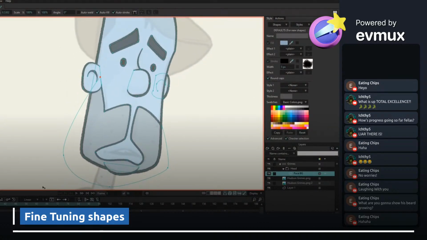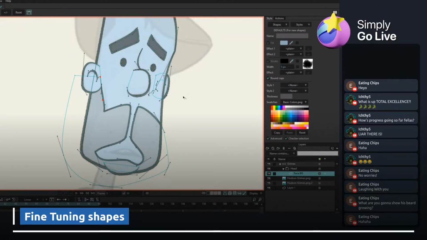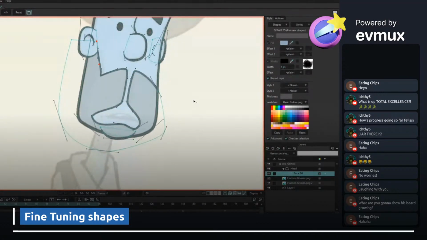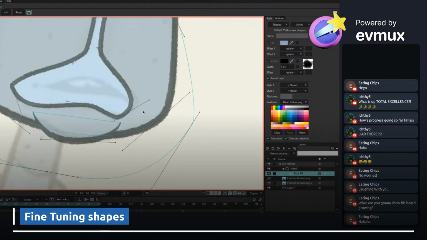So what I'm going to do though is I'm going to add a point, and I'll adjust that curve in a second, and I'll explain why. Because I want to bring this out this way, and then I'm going to adjust this curve. And the reason I did that is because when he does his head turn, I want to be able to just take this point and move it out or move it in and adjust as needed. And this one down here would adjust too much of the shape. So kind of got to think ahead. And let's bring that down. Bring that down. Okay, let's fine tune around the mouth.